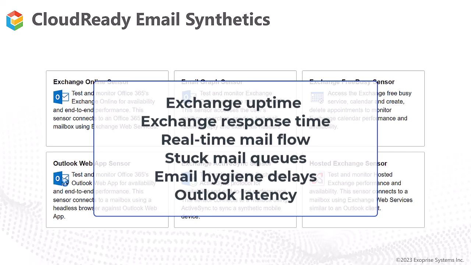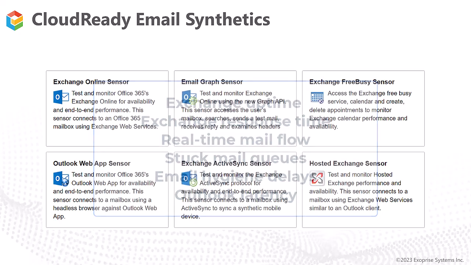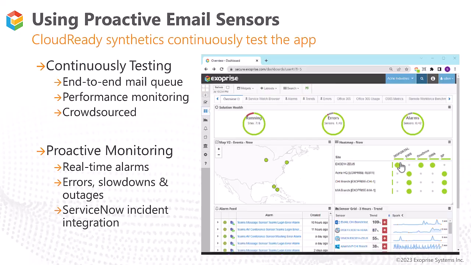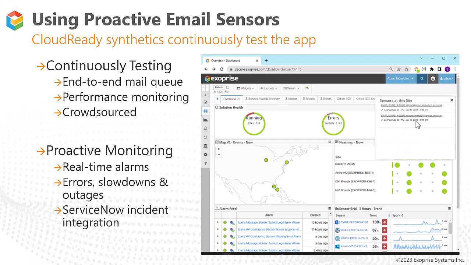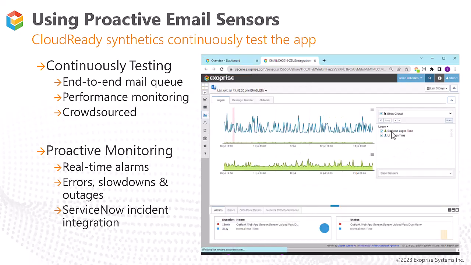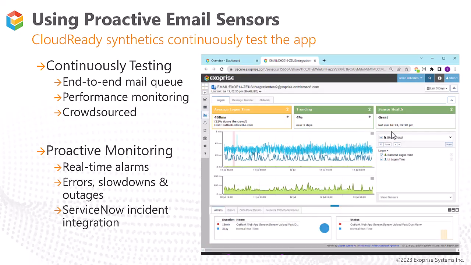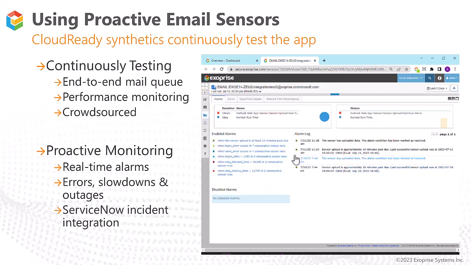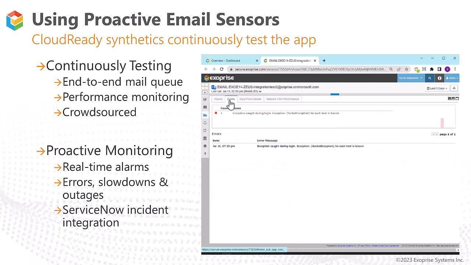Now let's say some end users began reporting issues with receiving emails. We'll start off in our overview dashboard. From here, we can see the email sensors. They're currently all green, so no issues have been detected. Once we pull up one of the sensors, we can take a look at the alarms to see what has been detected, if any alarms had triggered. The Errors tab is also worth looking at to make sure the sensor is running optimally and not continuously running